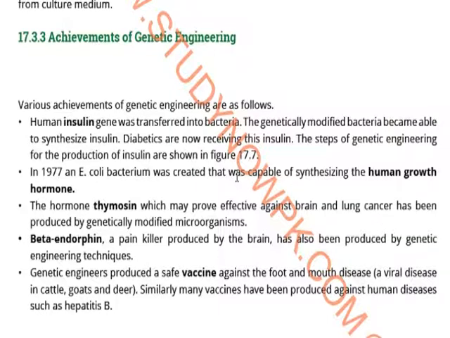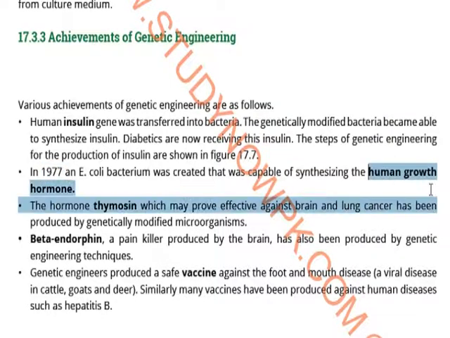So if they ask you about the cycle of the production of insulin, don't get confused. If they ask you about a diagrammatical representation of the production of insulin, you have to make this diagram, which we'll be discussing later, which is the full process. Okay, don't get confused. In 1977, an E. coli bacterium was created that was capable of synthesizing human growth hormone. So, in 1977, human growth hormone was synthesized with the help of